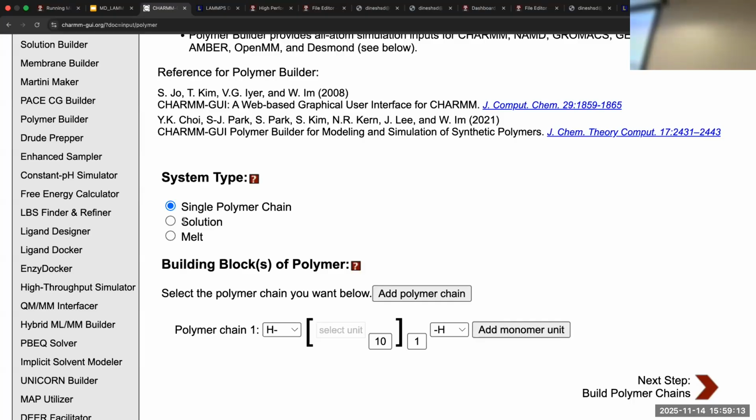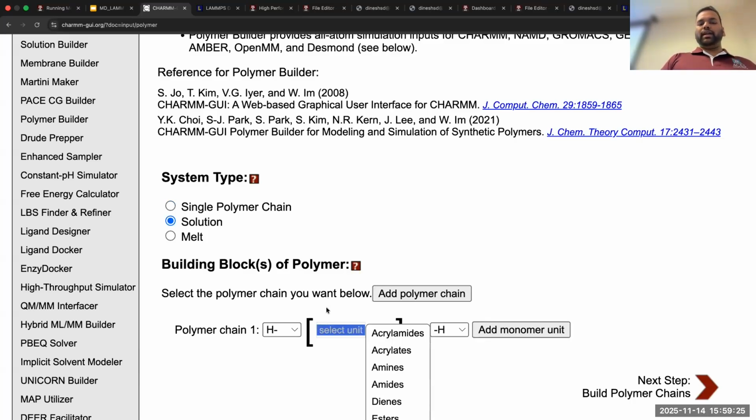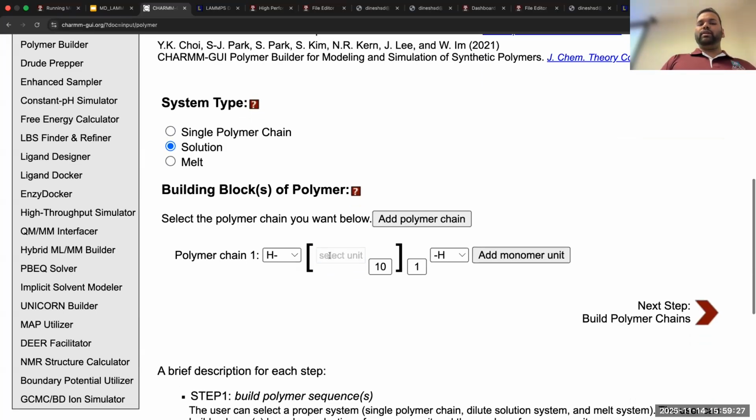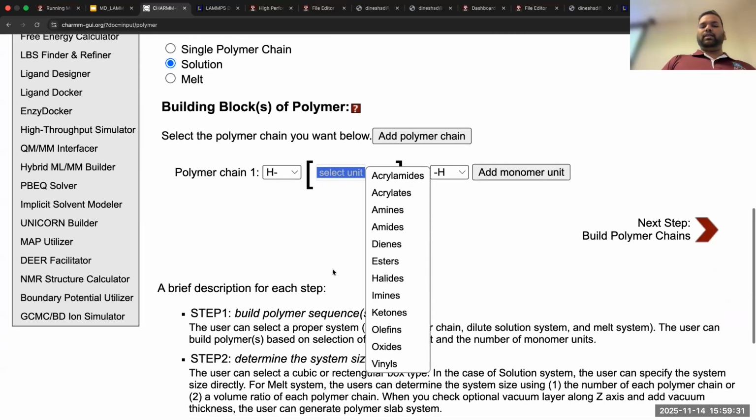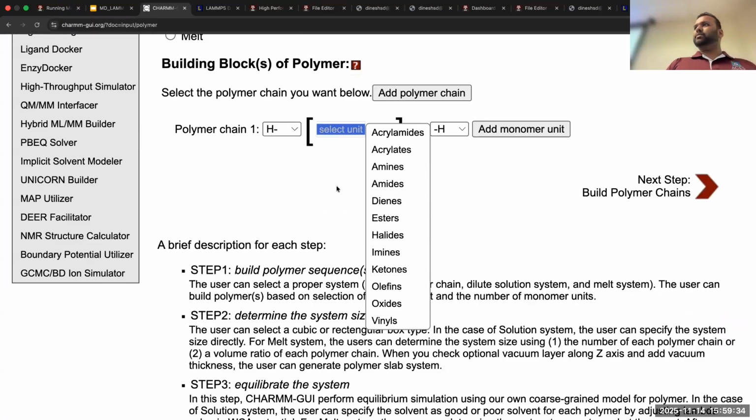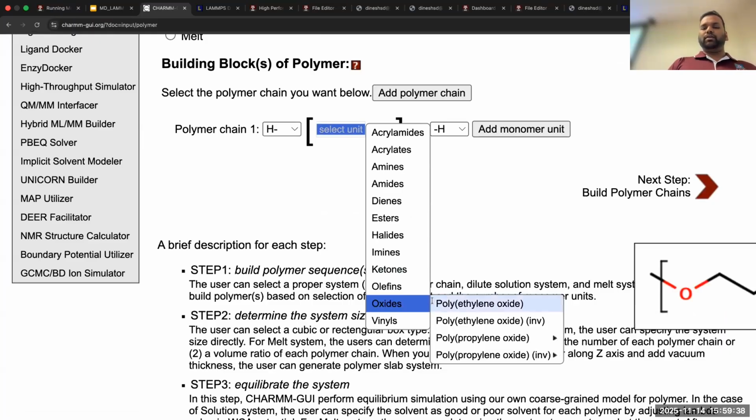like the second lab that we did. We had LJ polymers. It's just that we are dealing with a real polymer in this case, which is polyethylene glycol. Right? You can simulate any polymer that you want. The good feature, if you try to do solution, is that there are many polymers that you can build here. So in the select unit option, if you click, you will see options like amines, amides, esters, and so on. In oxides, you will see an option called polyethylene oxide,